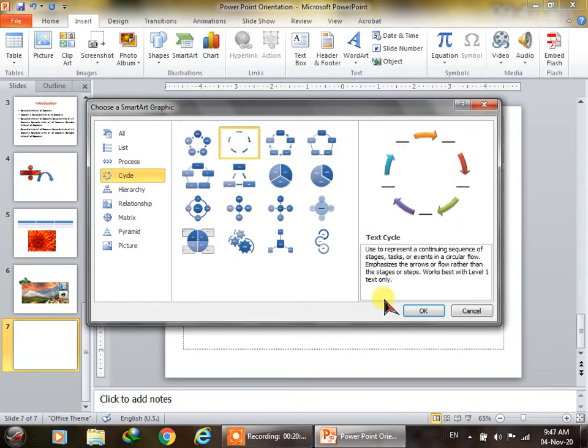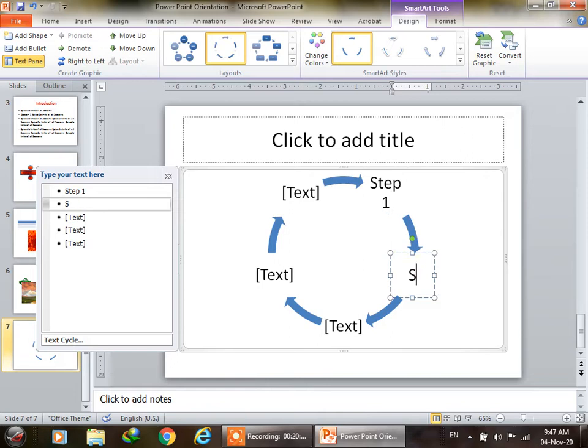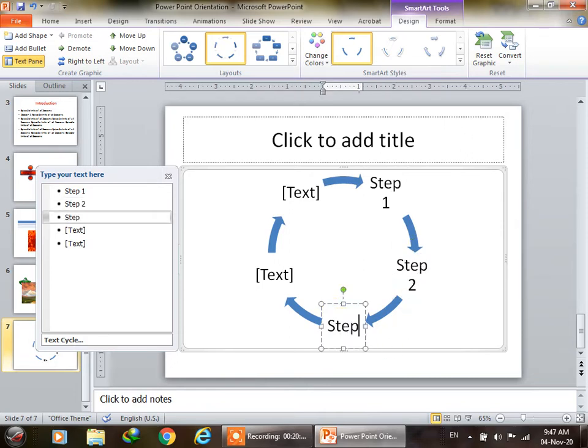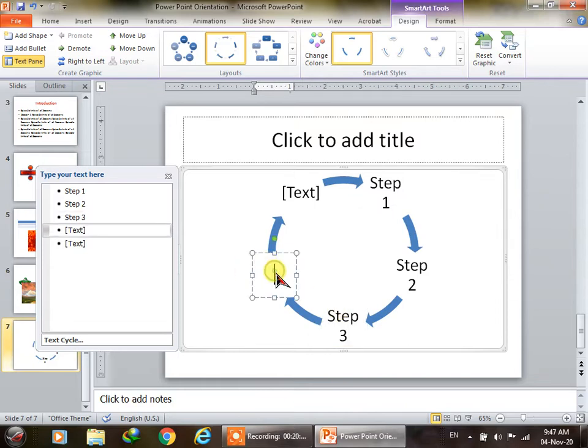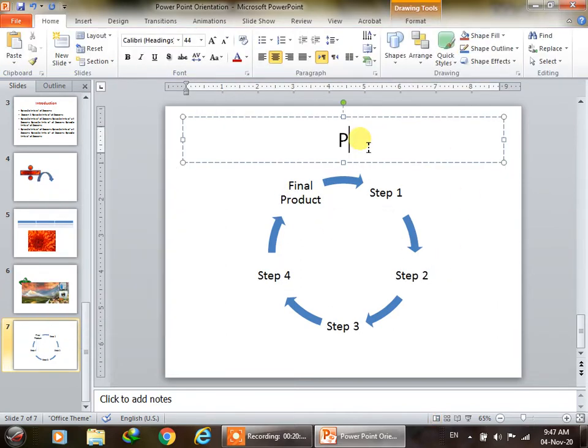So let's say we call it step 1, step 2, step 3, step 4, and final product, and we call it production cycle.